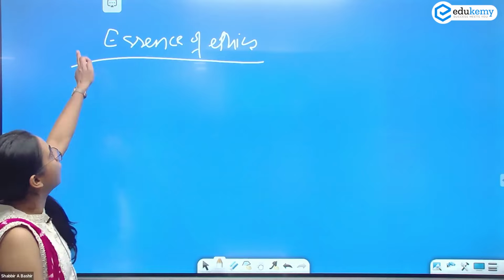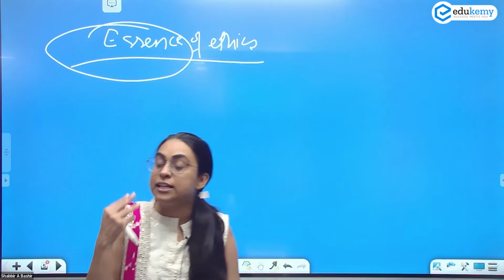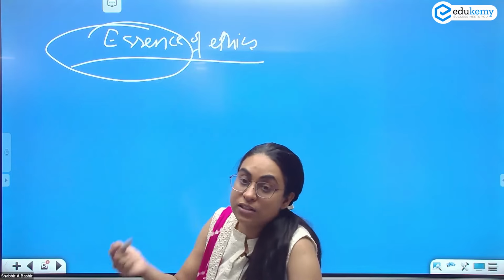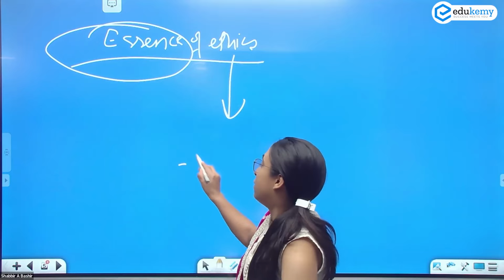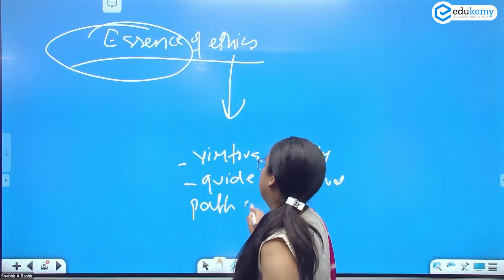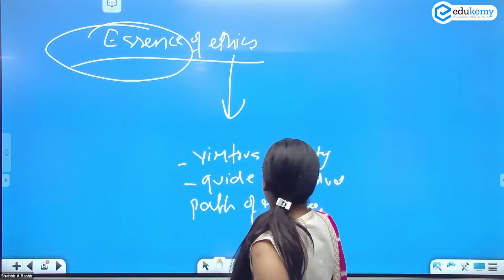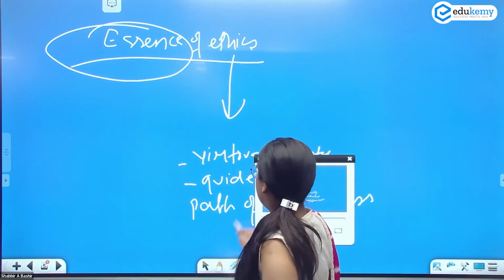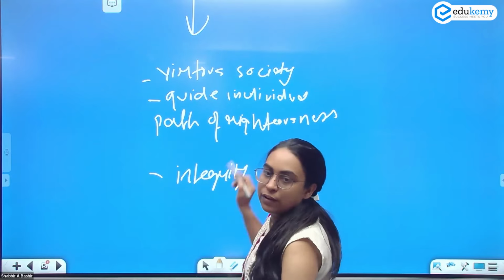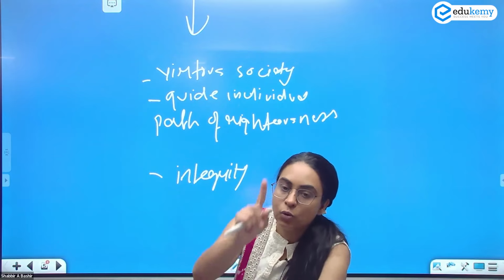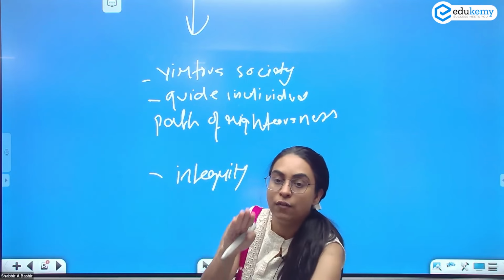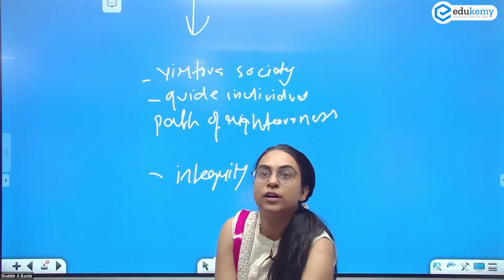Now we are talking about what the indispensable quality of ethics is. What is the indispensable quality of ethics? What does ethics try to do? It wants to create a virtuous society. It wants to guide the individual towards the path of righteousness, so that the individual can always follow righteousness, integrity and values. This is what ethics wants. That is why the paper is here, so that you always follow the right path of righteousness and integrity. You should be a virtuous individual. Yes, it is to induce morality.